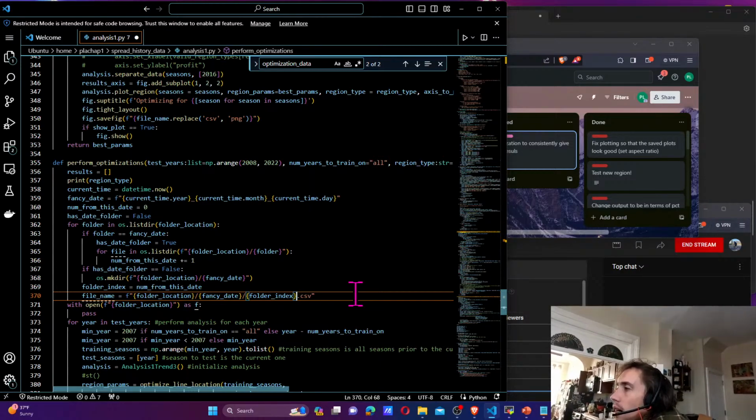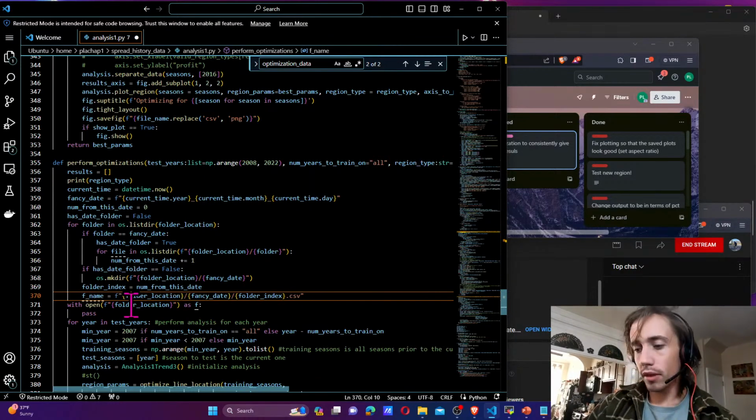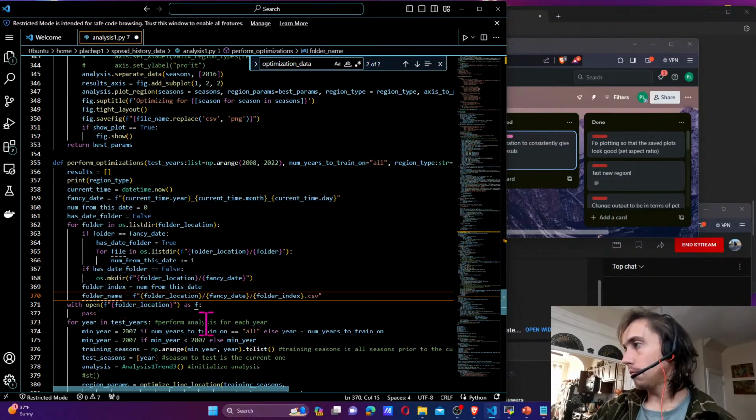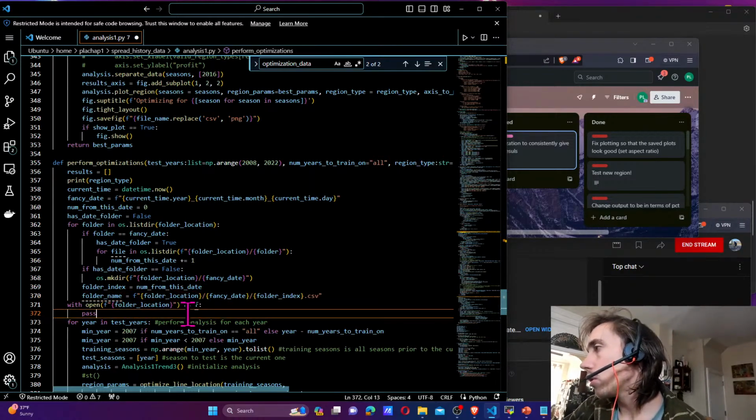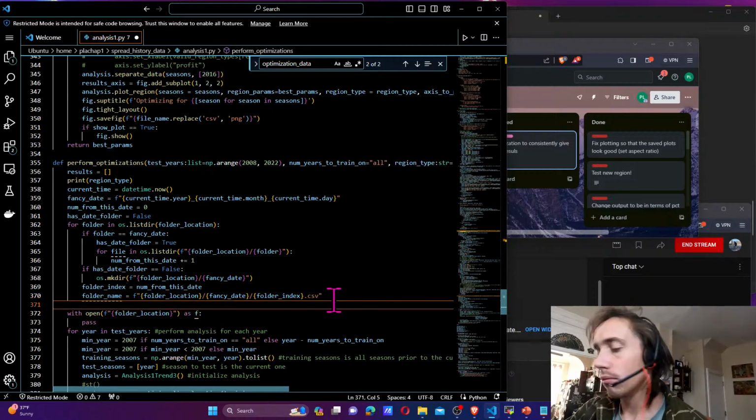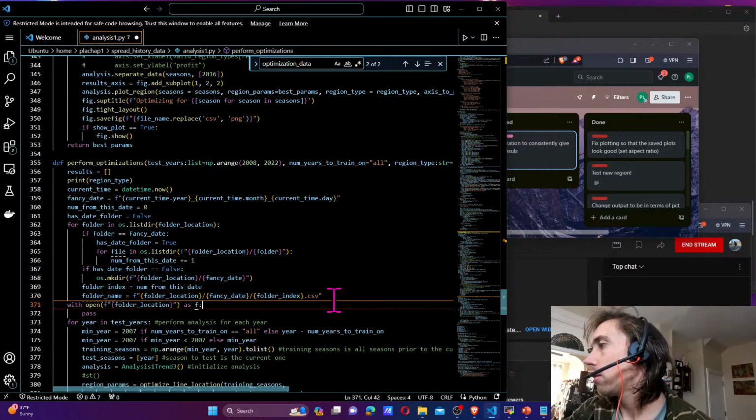So now we have a folder to put everything in. This is folder name, not file name. Then with open, okay, so that's folder name, file name, metadata file. With open folder name